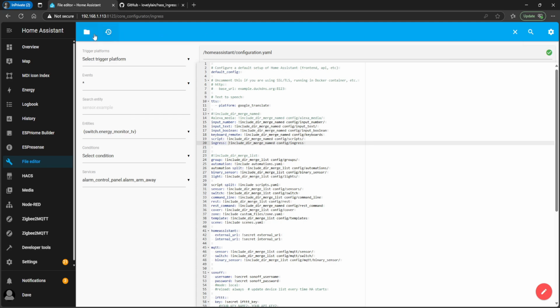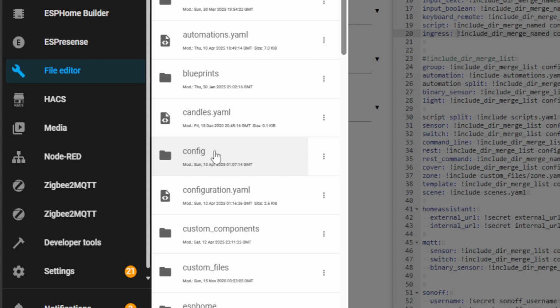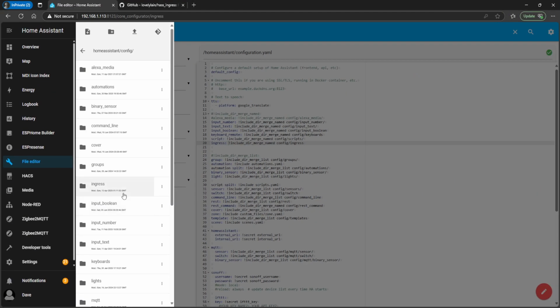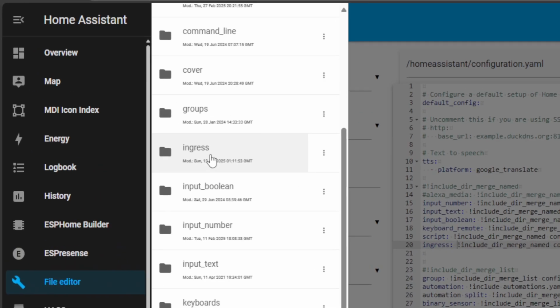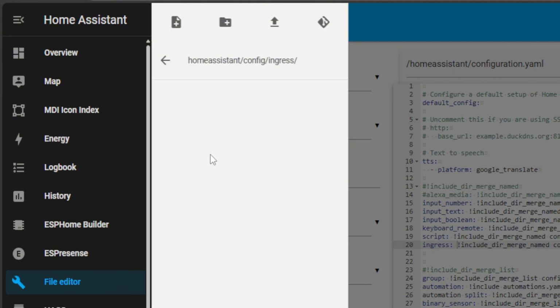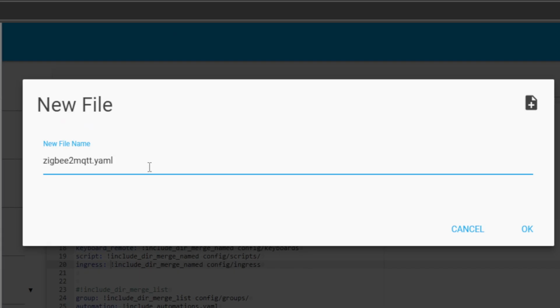And now I'm going to go to that directory because I've already made it. And if I scroll down, you'll see there's a config folder. I'm going to click on that. And now we're just looking for the ingress folder, which is here. I'm going to click into that folder. And now I'm going to create a file called Zigbee2MQTT.yaml. I could actually make one for each of them, but I've decided to just put them both in the same place. So I'm going to create a new file, save it as this, click OK,